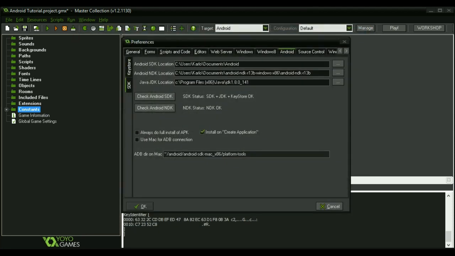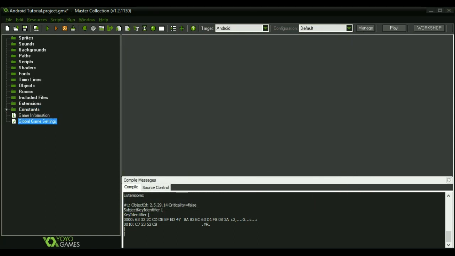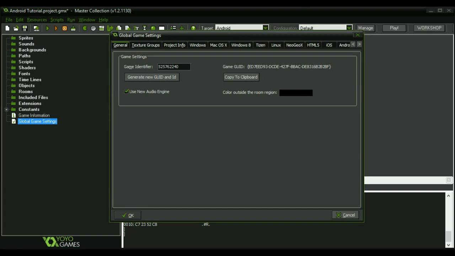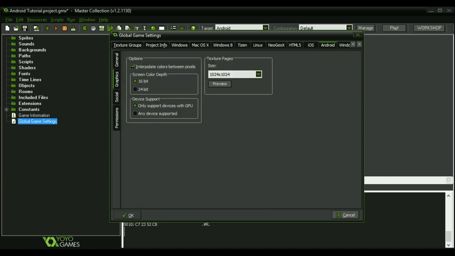Okay, so now we're done. Remember, the NDK is very optional. Whether you want it or not is up to you. So here let's go to the global game settings. You're in the Android, and let's take landscape because I love landscape. Oh yeah, we have the Ouya packaging if you want. I don't know, Ouya is still available. And no,